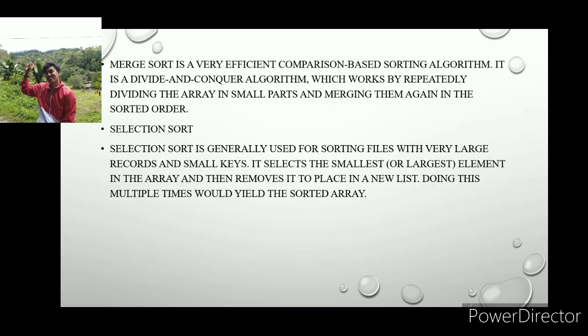Next is merge sort. This is a very efficient comparison based sorting algorithm. It is a divide and conquer algorithm which works by repeatedly dividing the array into small parts and merging them again in the sorted order. So sa merge sort naman,